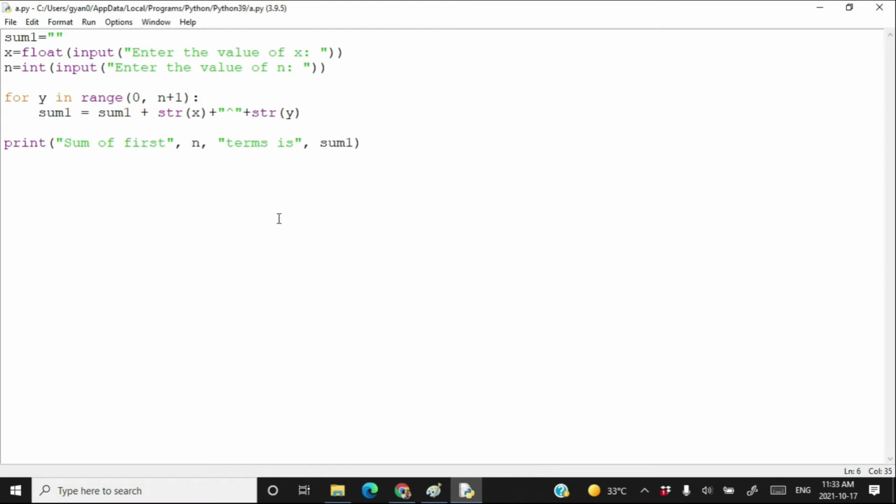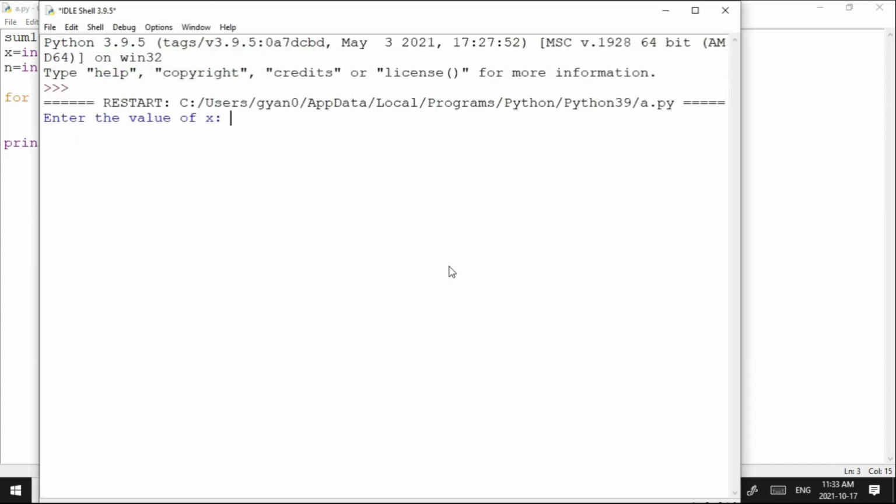And then write a plus here, and give a space before and after plus. And instead of writing float here, let me write int, which will actually show a clean output. Okay, so let's try it. Run module, enter the value of x, that is 2, enter the value of n, that is 5, and here you are: 2 to the power 0, 2 to the power 1, 2 square, 2 to the power 4, 2 to the power 5, and here we are getting an extra plus.